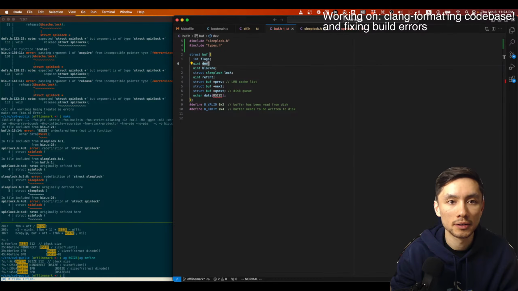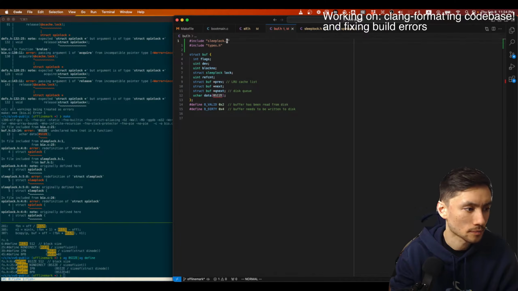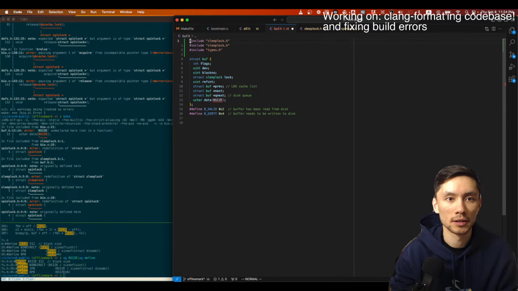Buff.h. I hope this is okay. I guess buff.h is related to the file system support, so yeah, let's keep going. So I just need fs.h.